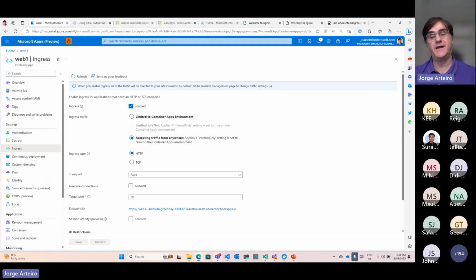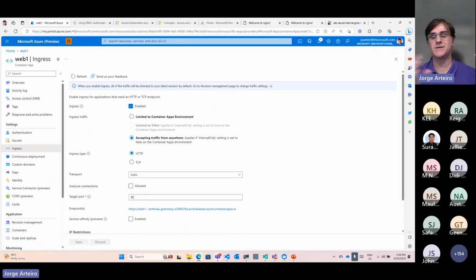The companies today, they go more than that. They want to also do more complex things where they have to integrate with the network of the company, and then they have to move from Container Instances or Container Apps to a full Kubernetes deployment. It's called Azure Kubernetes Service, where the sysadmins, the DevOps people, will be able to manage more things than they have available on Container Instances and Azure Container Apps.